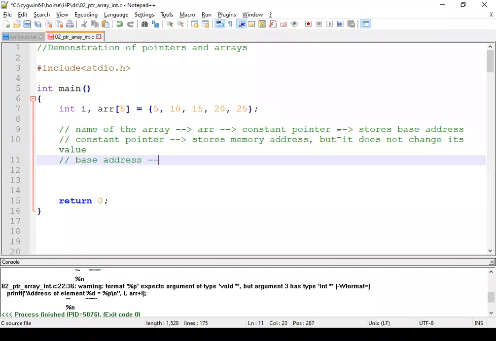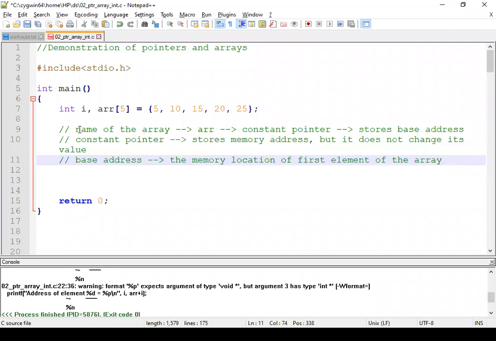Base address means the memory location of the first element of the array.